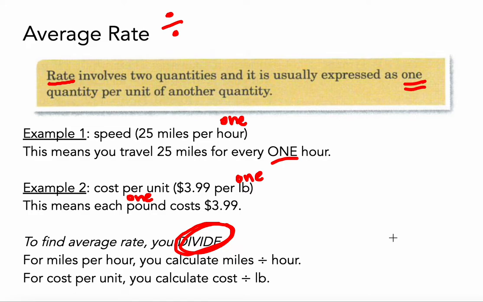So for miles per hour, you would just take the number of miles and divide it by the number of hours. It basically tells you the order. Miles per hour means miles divided by hour. For a cost per unit, you would take the cost and you divide it by the unit. Cost divided by the unit. And in this case of the apples, it's per pound. It could be ounces. It could be boxes, just however it is that you